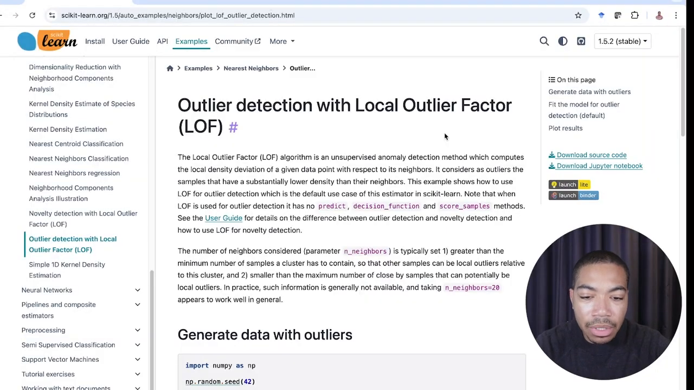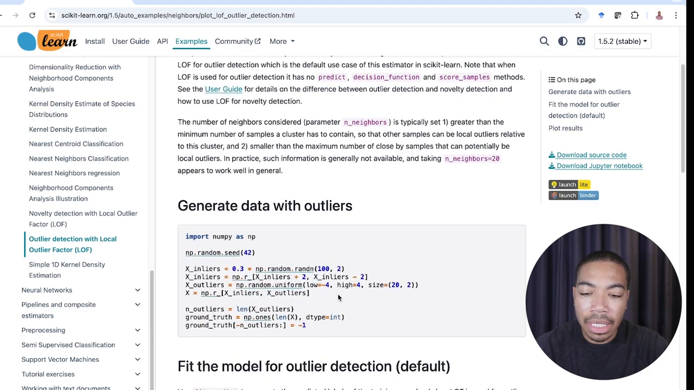So in this video, I want to demonstrate how we can use the local outlier factor algorithm for our outlier detection. And this algorithm uses a density-based technique somewhat analogous to DBSCAN that I've shown previously for predicting if a sample is an outlier. If we go to scikit-learn and we look up LOF, we can see that we have